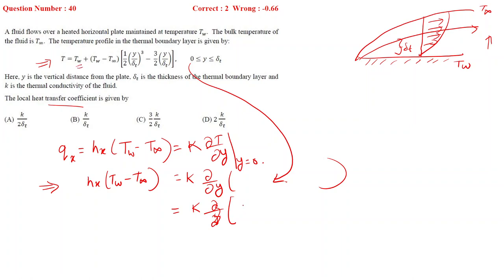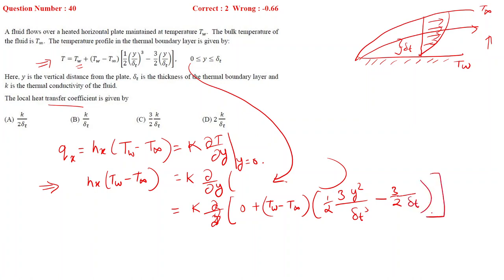So this will be 0 plus Tw minus T infinity into 1 by 2, then 3y square upon delta T cube, minus of 3 by 2, derivative of y will be 1 upon delta T, and here we have to put y equal to 0. Okay, so basically these both terms will get cancelled out and we will be having Hx equal to K,